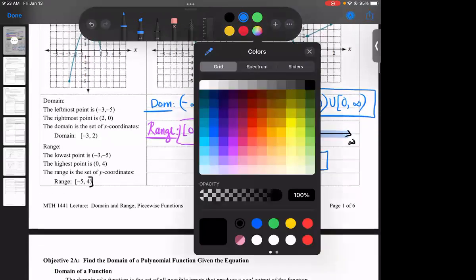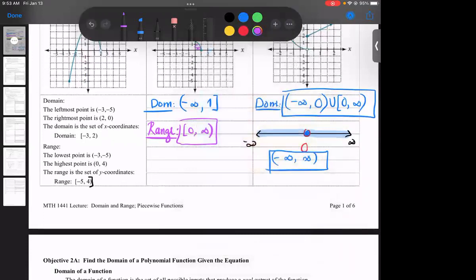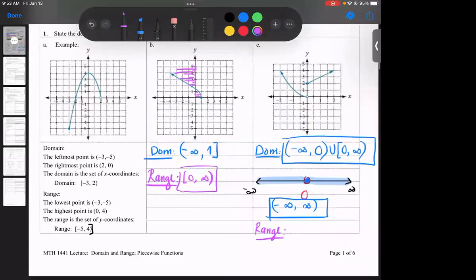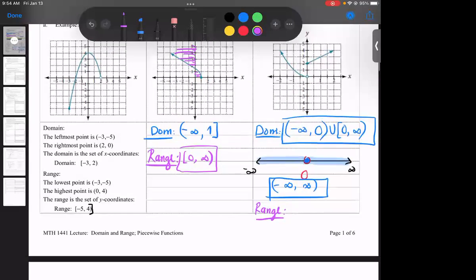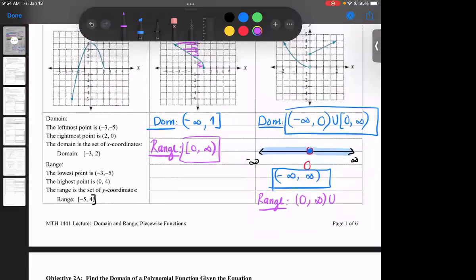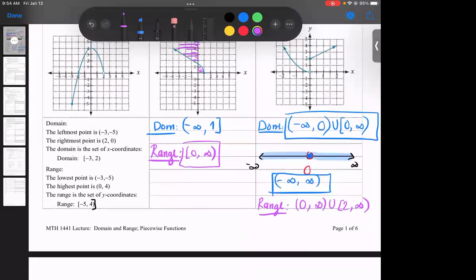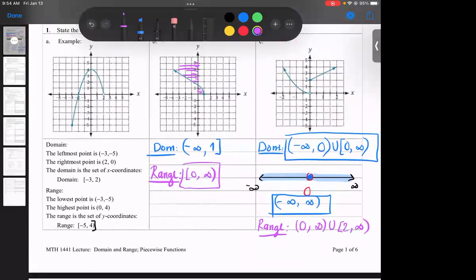What about the range? Let's do the left function first. Where does it go? Yeah, 0 to infinity. And then the second function. Yeah, 2 to infinity. And I think it's kind of overlapping, because as you can see here,